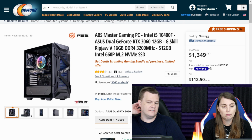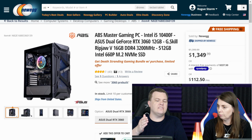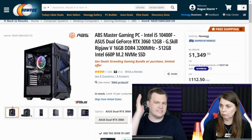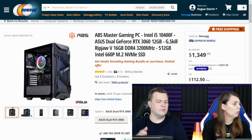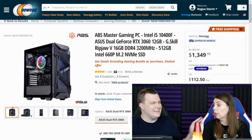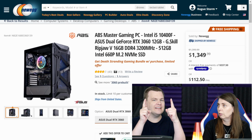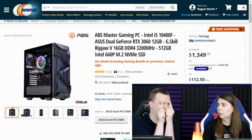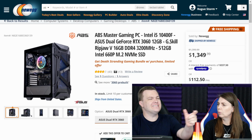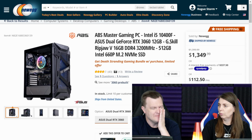This has an i5-10400, which is not as good as the Ryzen 7 5800. But this is in a standard ASUS ATX tower case that will be upgradable for the next 10 bloody years. It is a standard ATX power supply. It has a standard RAM, standard components, standard SSD. You know that Dell G5, for example? Yeah. It comes with a 256 gig SSD, but it's not a standard M.2. It's this long. It's this big. If they cut it, it's a freaking short thing. It's just, the whole thing is...